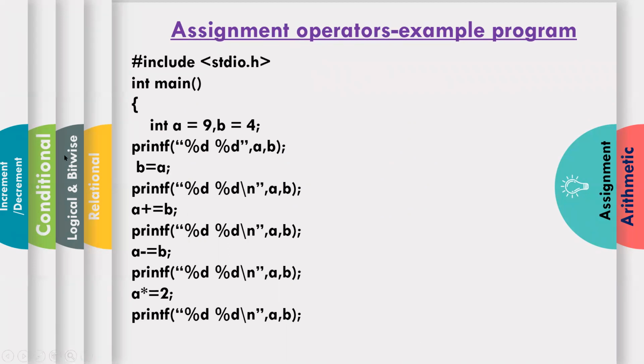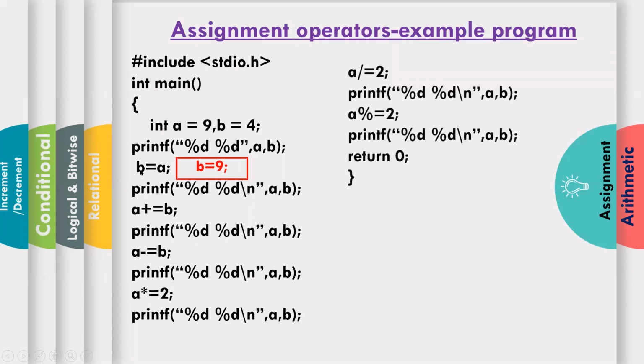That means left hand side is a variable, that means B is a variable. Right hand side, you put a value, not a variable. Even though it is a variable on the right hand side, you will consider that variable's value, because equal to is always right side value, left side variable. Even though on the right hand side there is also a variable, you convert that variable into a value.